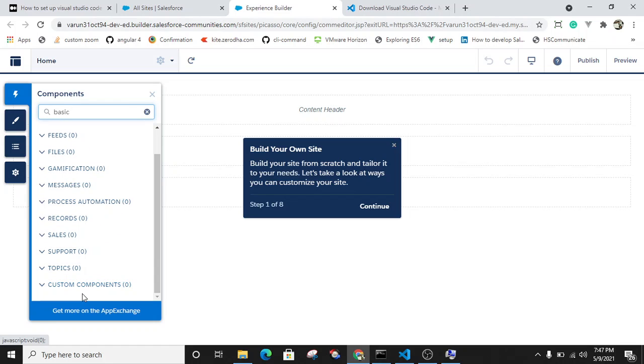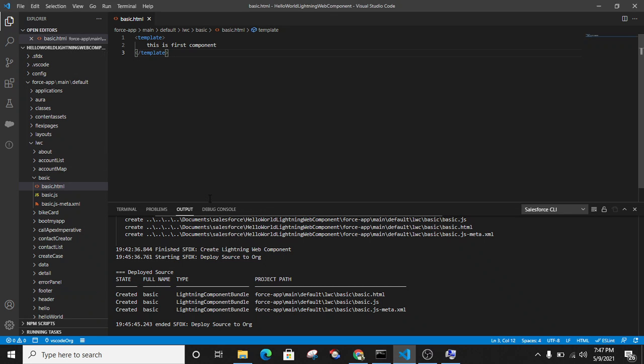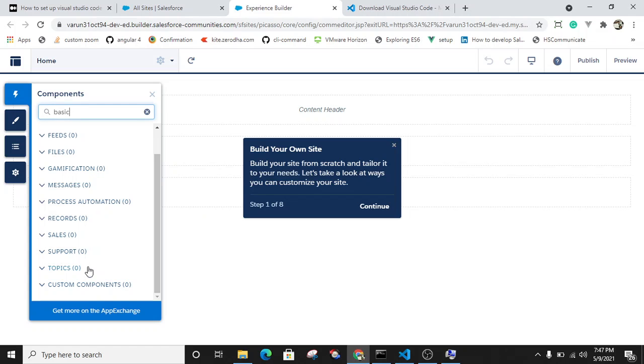In the custom components it will show you, but I am not able to see my component here. So what do we need to do to make this component available here?